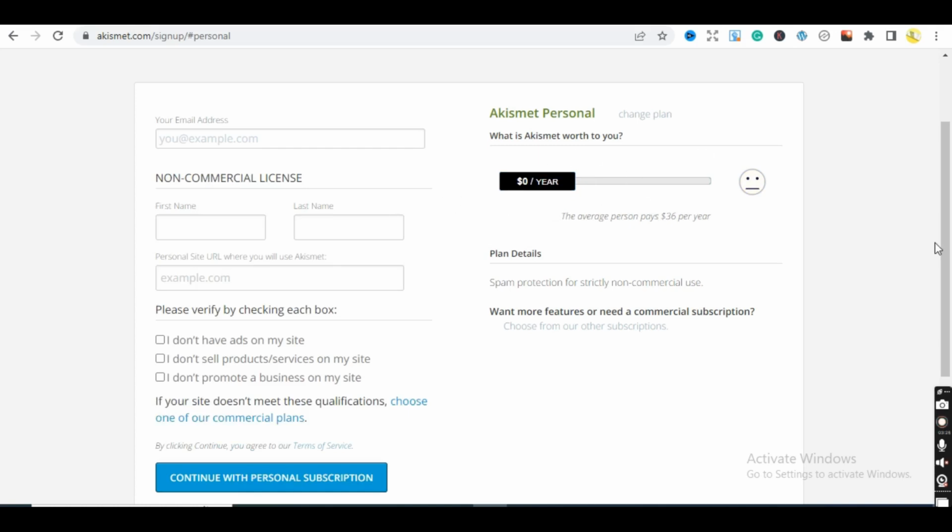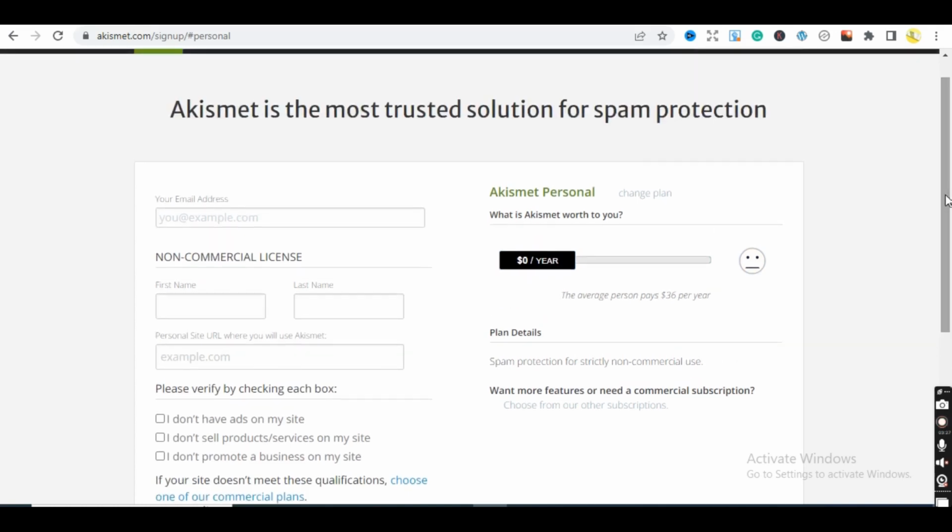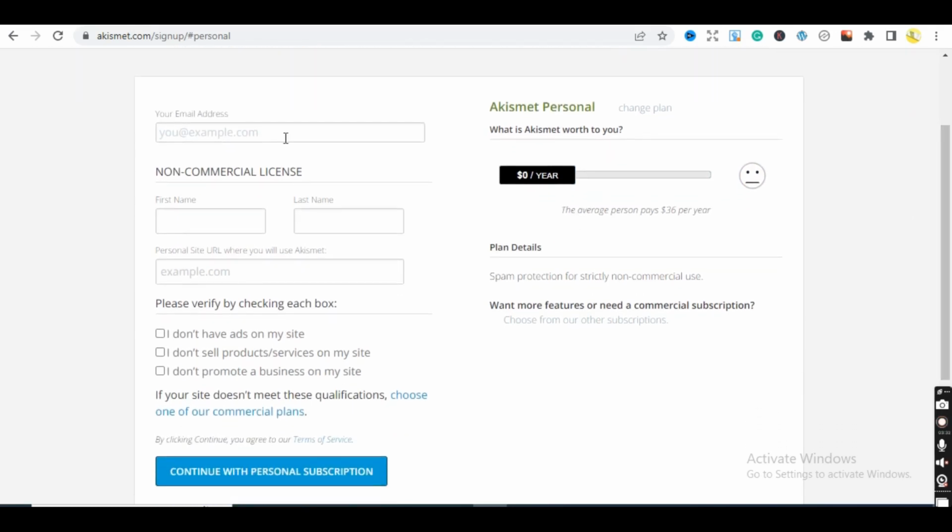Okay, so we want to pay zero. Don't worry, it's okay for what we need it for. Now what I need you to do now is just go ahead, fill in all your information here, and then click on continue with personal